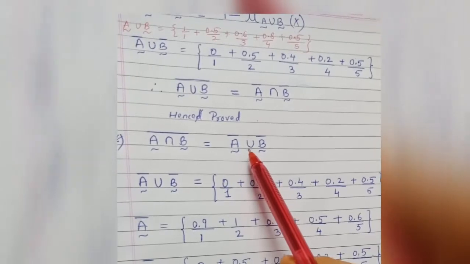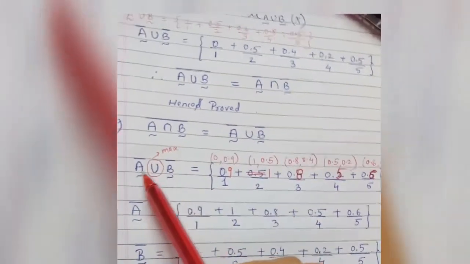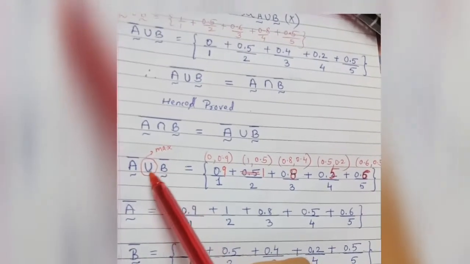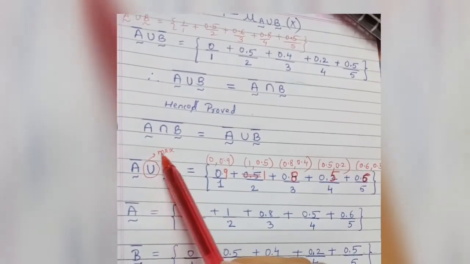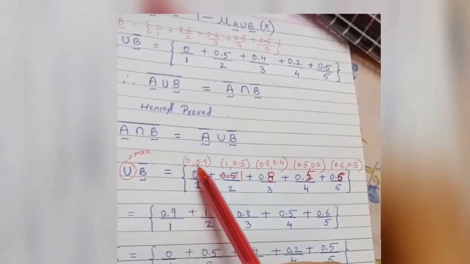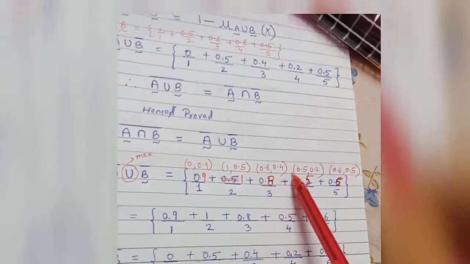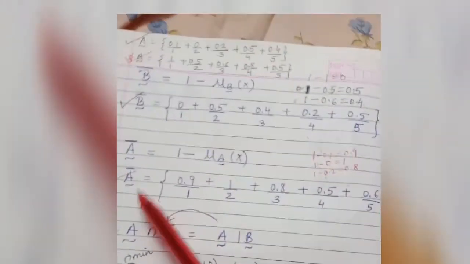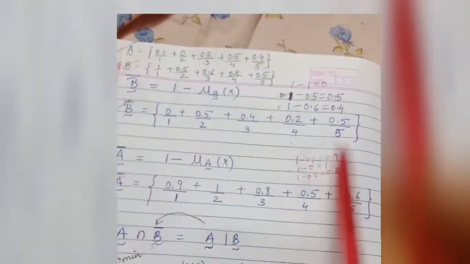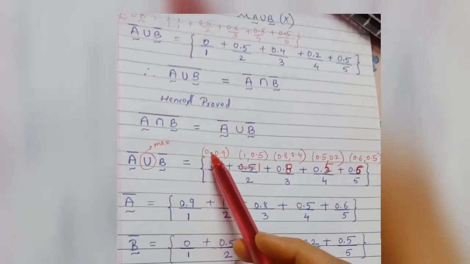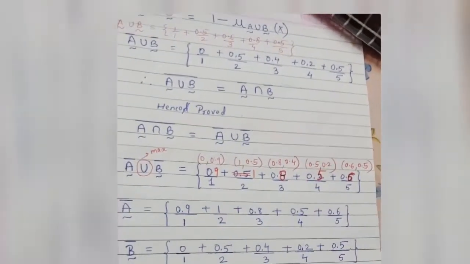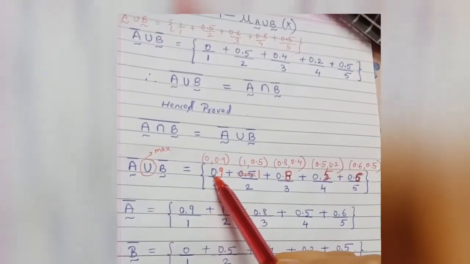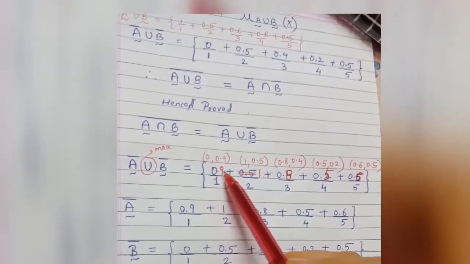Let's first calculate RHS. Consider set A complement and B complement, which we have already calculated, and we have to take the union, that is the max from both. I have written all the elements from each set here, that is the A complement set and B complement set. So let's compare. 0.9, select maximum. Max is 0.9. Write it as 0.9 upon 1.